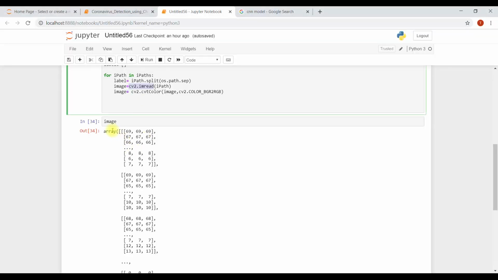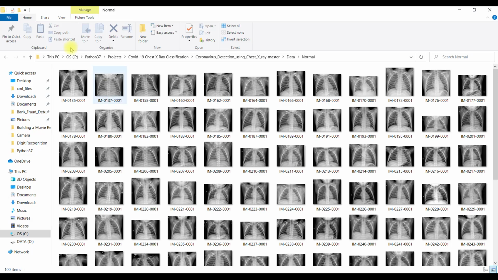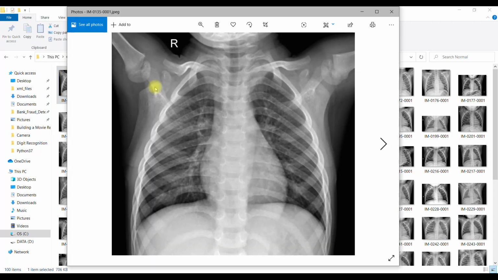Because your model doesn't know how to read an image. It has pixel values, and your model needs pixel values, right? If you give your model an image to train, it will not train. All the pixels need to be converted into numbers, into an array.